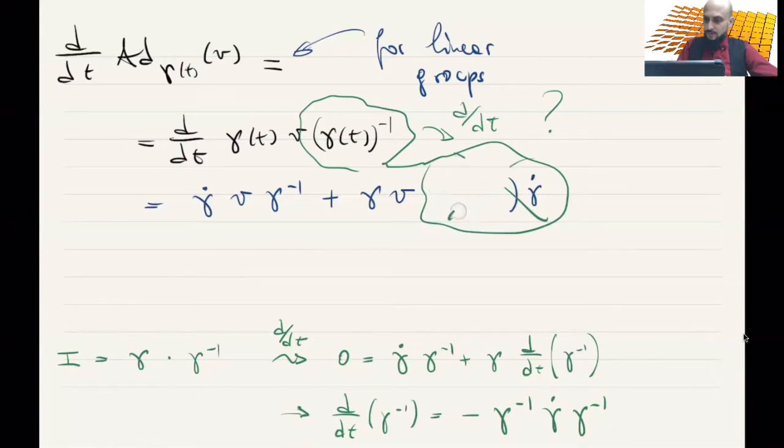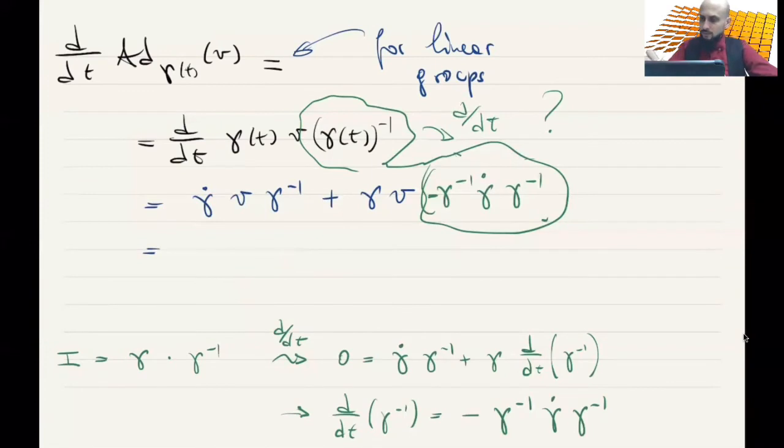Okay. With the formula that's at the bottom. So now we have that this is gamma minus 1. Okay, there's a minus gamma dot gamma minus 1. Okay, so let's write it better. So this is